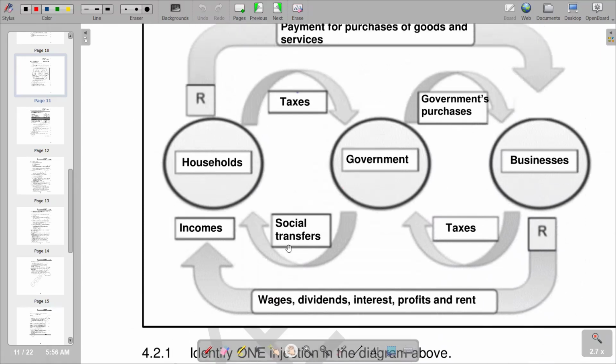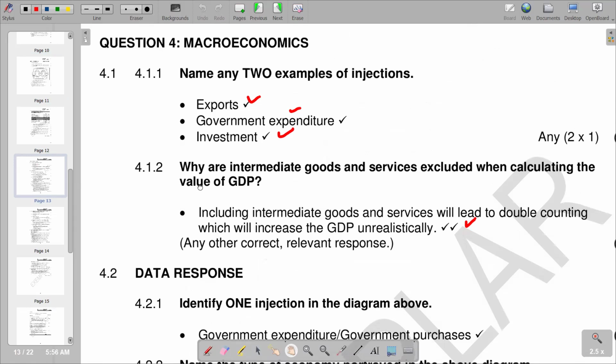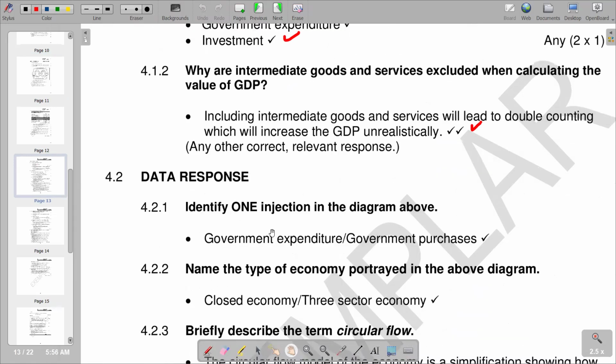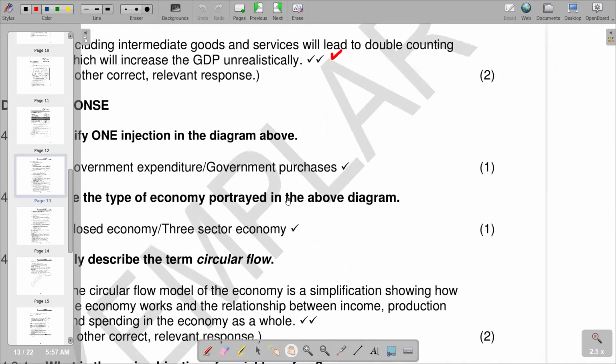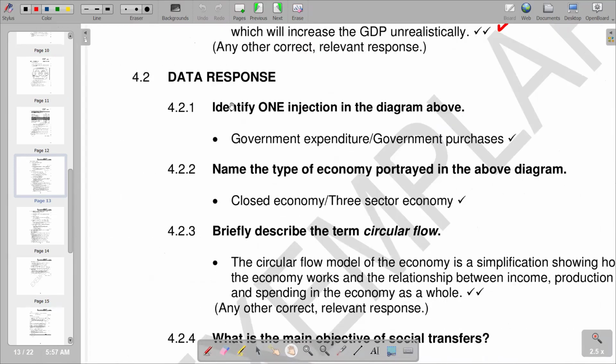So if you look, you'll see that we've got government purchases, which is also part of government expenditure, which is an injection. So that is what we have on that part. So we are saying government expenditure, which is being represented by government purchases. Then I will move on to the next part of our question, which says